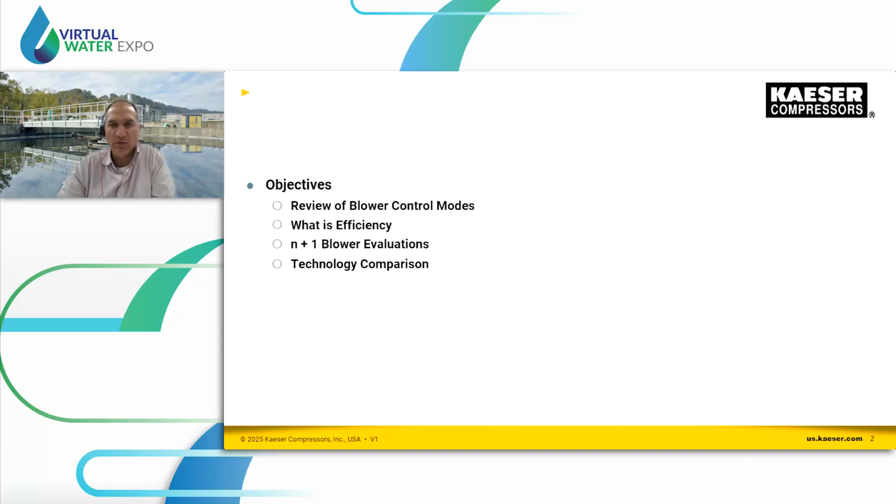Let's go ahead and get started with our topic here, which is station performance planning for your blower station. Let's do a quick overview of the objectives, what we hope to get out of this. First and foremost, we're going to talk about blower control modes. Then we'll define efficiency, which will be an important part of our discussion for evaluating blower stations. Then we will define and look at what an N+1 blower evaluation is. And then we'll take a look at some of the station comparisons across different technology types, which I know is something that everybody is always interested in